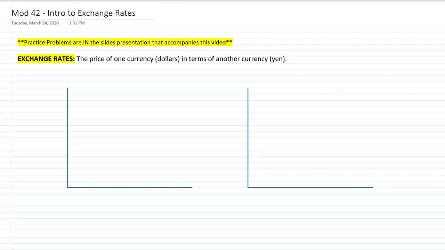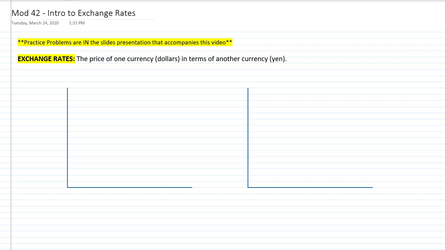Alright guys, so this is Mod 42 and it's our introduction to exchange rates. Apologies in advance because I am ad-libbing this one a little bit more than I normally do when I try and make these, but either way